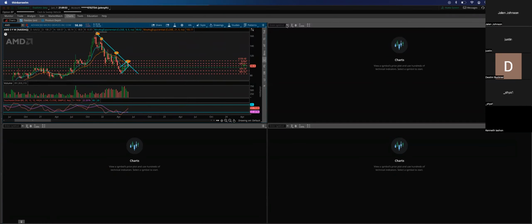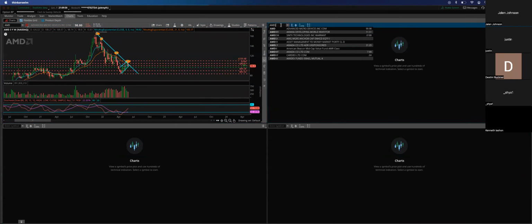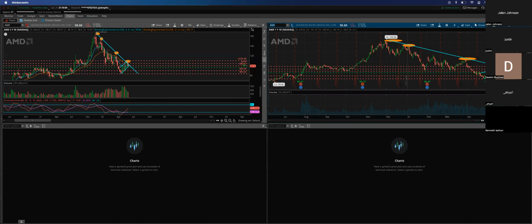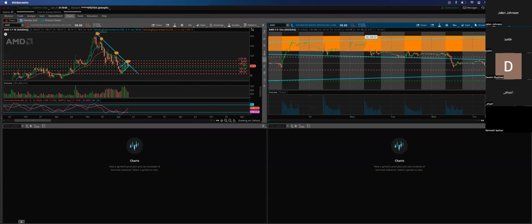You don't really have to if you don't want to, but it's always good to look at multiple time frames while you're trading instead of just one, right? Because it keeps you from getting shaken out. So I have my 15-minute up,